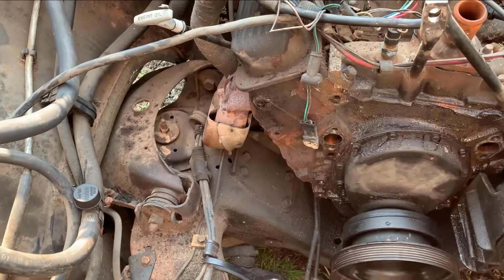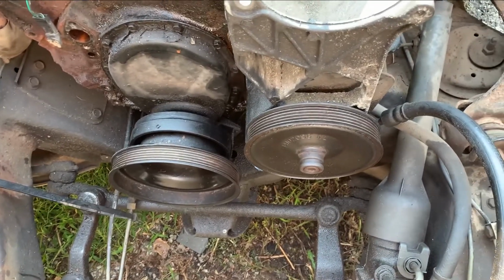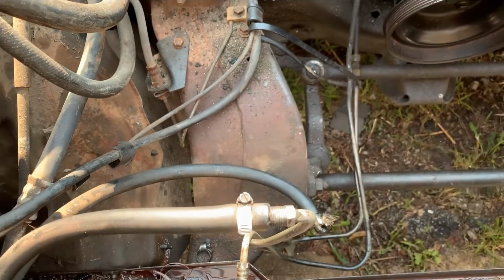Was able to get one of these brackets off for the accessories. The other side has the power steering pump on it, and that is a pain in the ass to pull in a GM, so I'm just going to leave that in place and get it off once the motor's out of the bay. Things you need to look out for, obviously the hoses and your transmission cooler lines need to